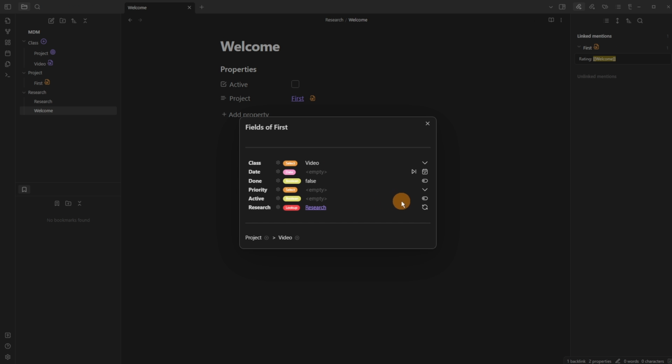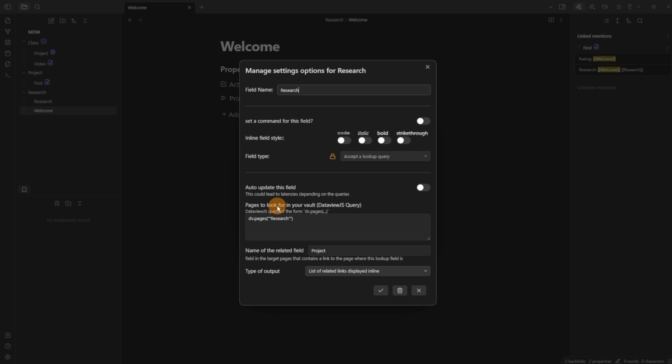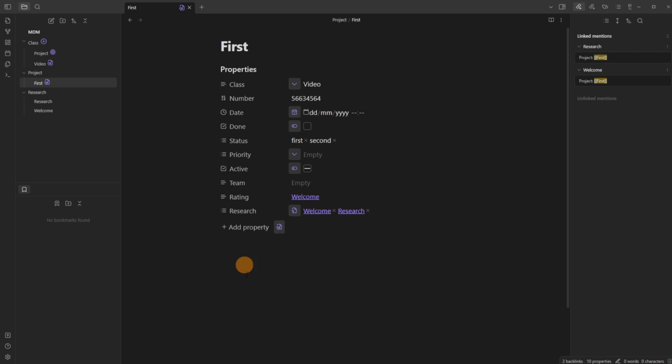So we click on the icon, you can see there is a refresh icon. Let's update. Now we have welcome and research because it's looking up all of the research files, all of those files that have a project field linked to first. So now inside of the first project, I can see what research file goes to, which functions just the same